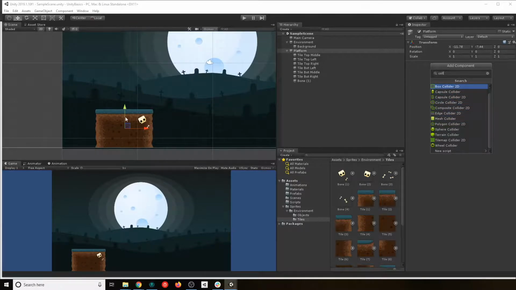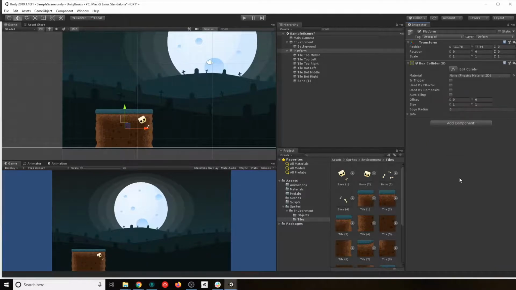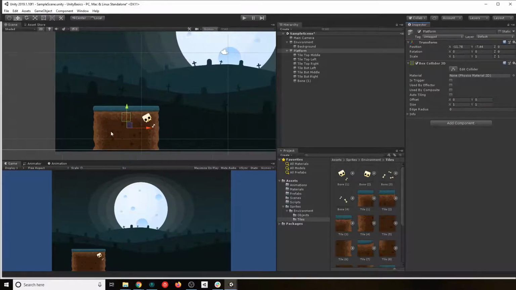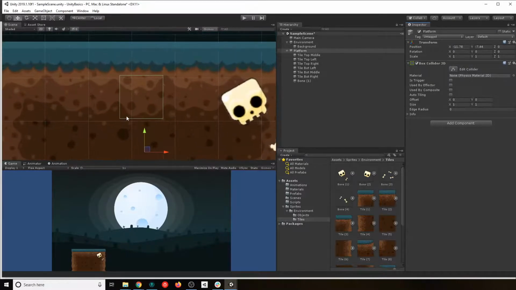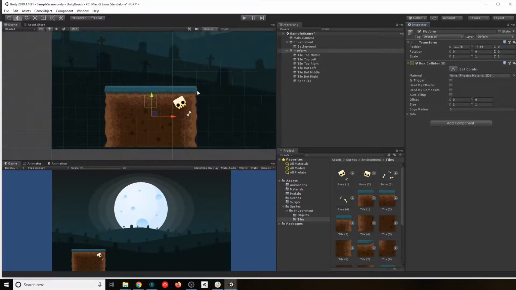For this case, basically what we want to do is select the shape that best fits the object that we want to have collisions with. Because this is basically a square, I'm just going to go ahead and create a box collider. You see that little green thing there? That's magic. That's gonna check for the collisions in our game. But that's pretty small. There are two ways of changing the size of this. You can go here in the size and start increasing it to match it, and with the offset. But that's a little bit tedious, right?